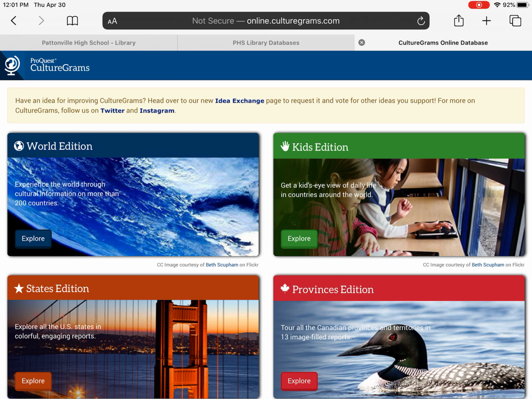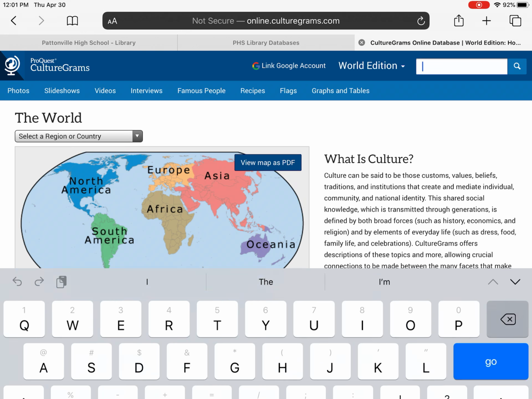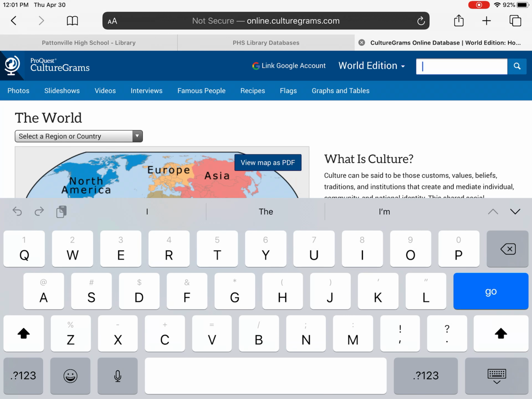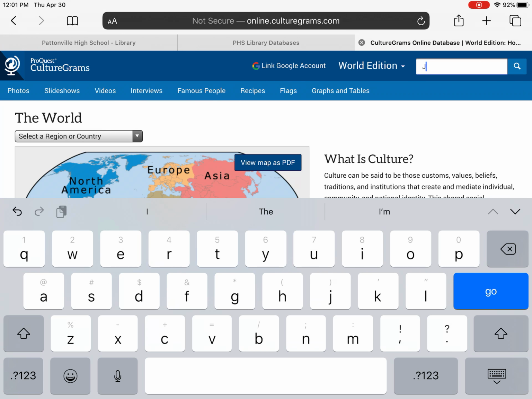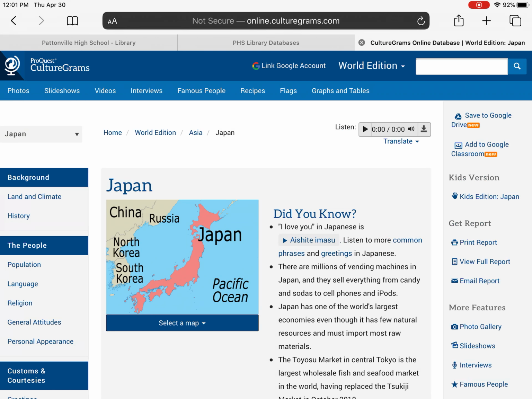All right, so you will probably want to use the World Edition, and then from here, you would type in whatever area you are looking at. I might want to look at Japan. So once I entered Japan, it brought me up Brazil. Strange, but it also brought me up Japan. So I'm going to click on Japan,